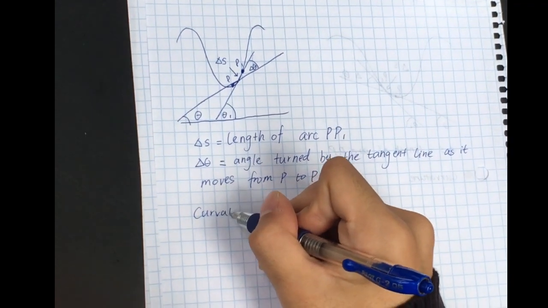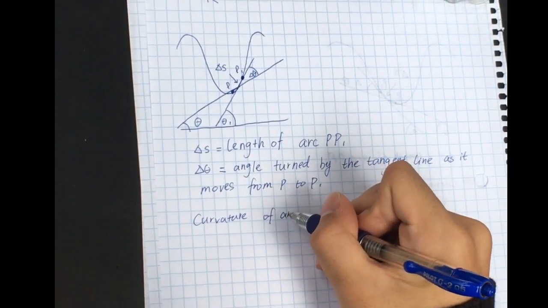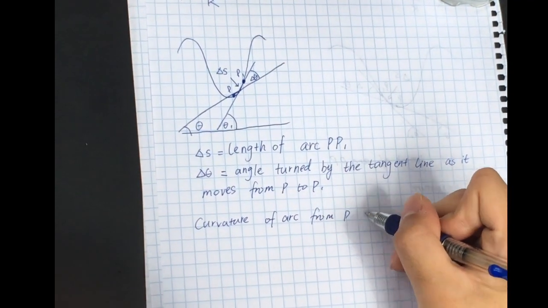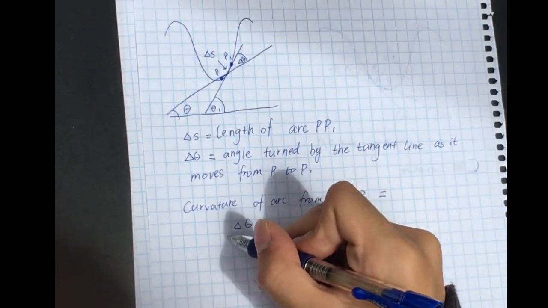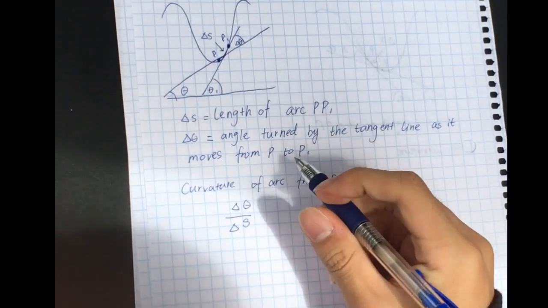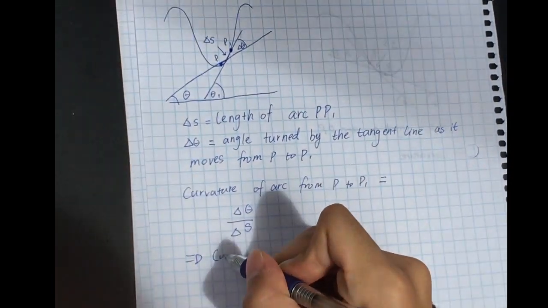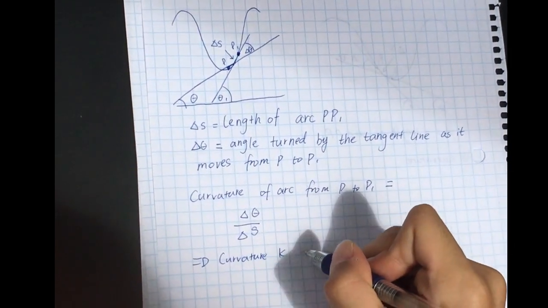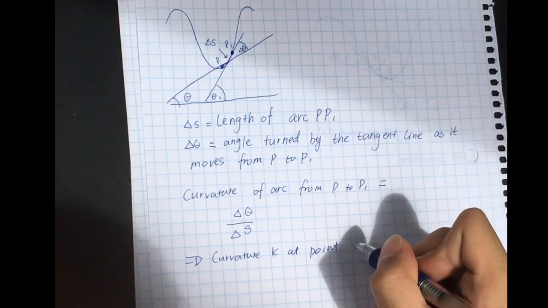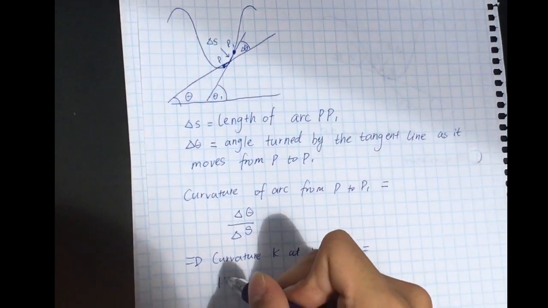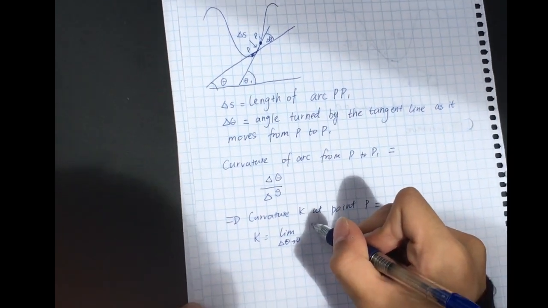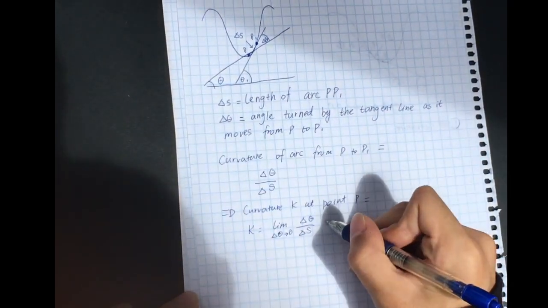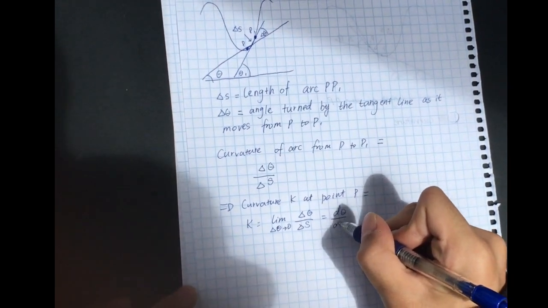So the curvature of the arc from P to P1 is given by delta theta over delta S. So the curvature K at point P is given by K equal to the limit as delta S approaches 0 of delta theta over delta S, which is equal to d